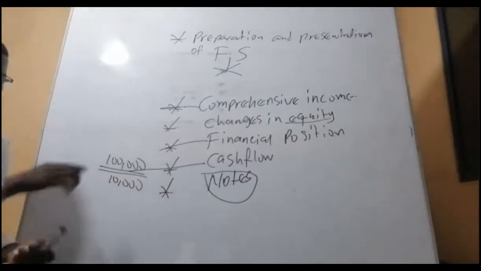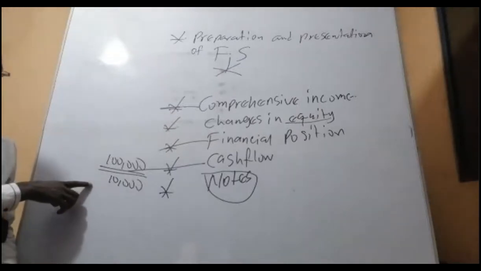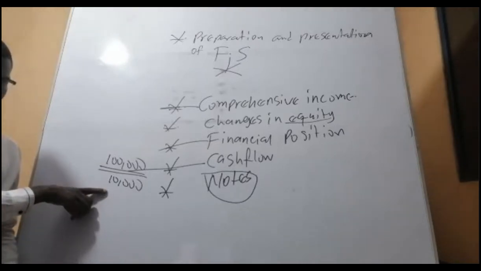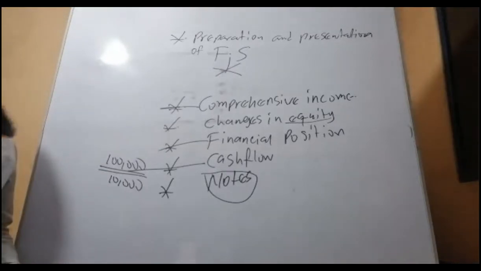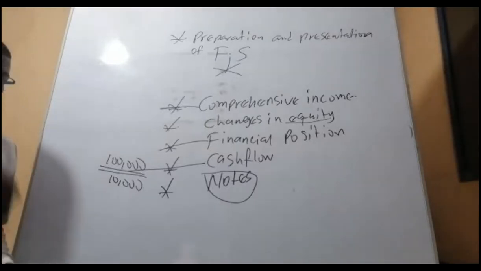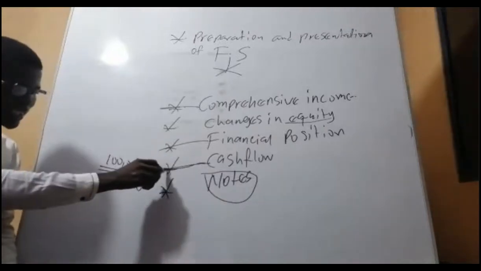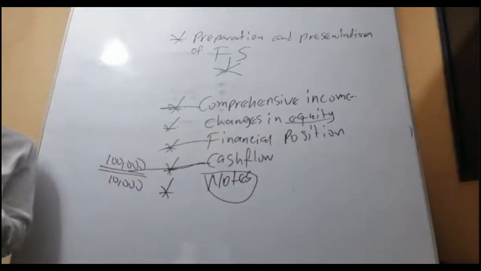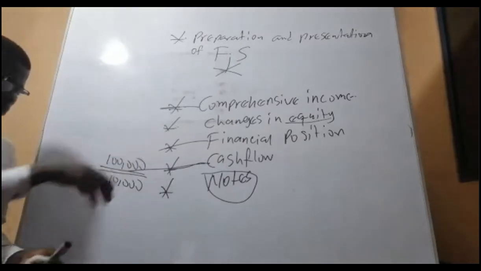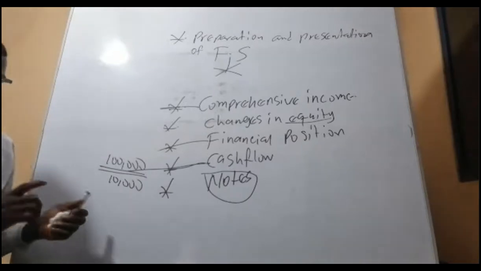So, to explain this, we cannot just tell the boss, we had 20,000, we bought this, now we are left with 10,000. We have to prepare a statement detailing the transactions of cash from the beginning to the end. So the cash flow statement just explains the cash movement, in and out of the organization. That's the cash flow statement, and it provides the basis of reconciliation between profit and cash.